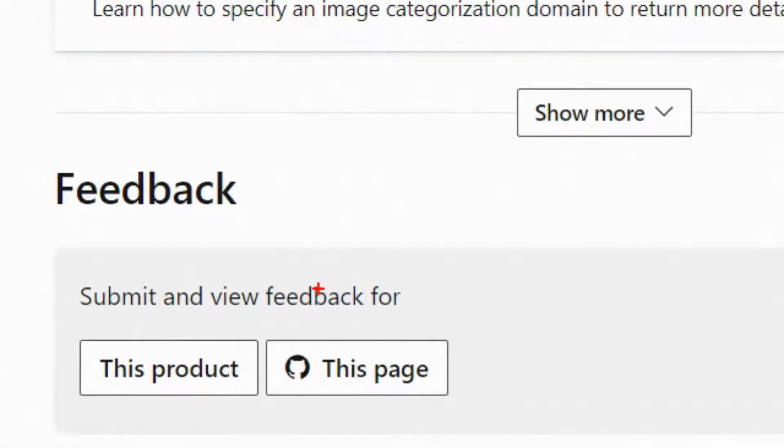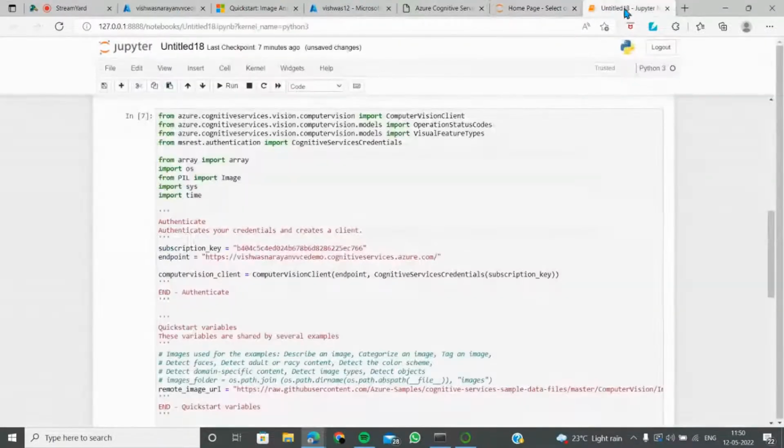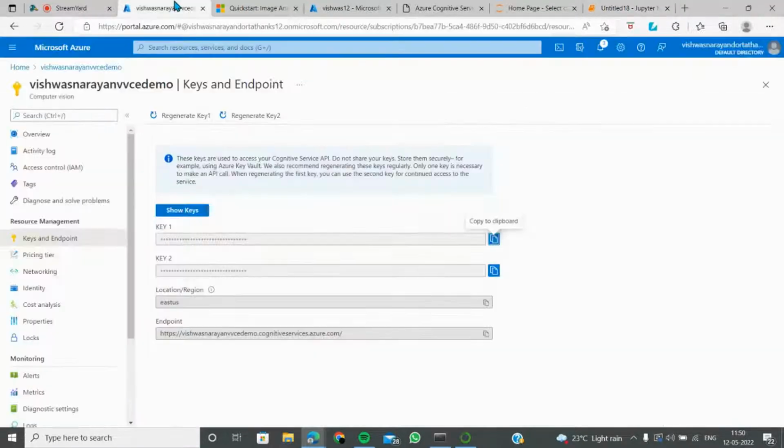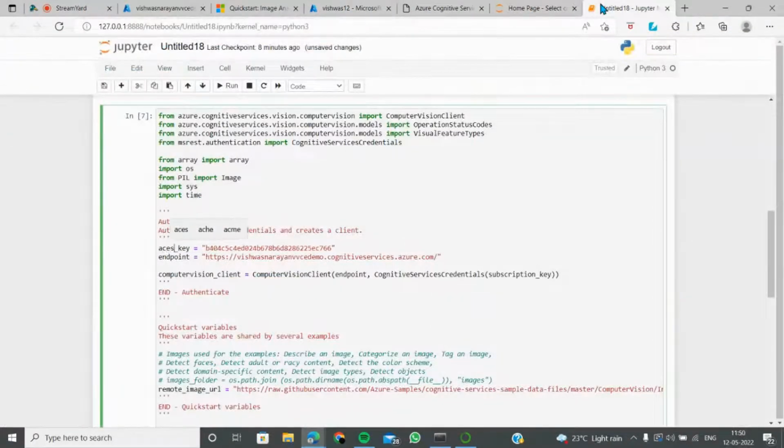So there are feedbacks, right? You can go here and submit any of the errors like this. It's saying subscription key, right? I got confused. Why is it asking for a subscription key? Generally, we don't give out the subscription key in any production environment. But how is this coming up? So subscription key is not the one. It's the access key, cognitive service access key that we need.